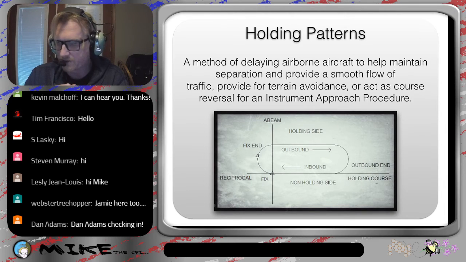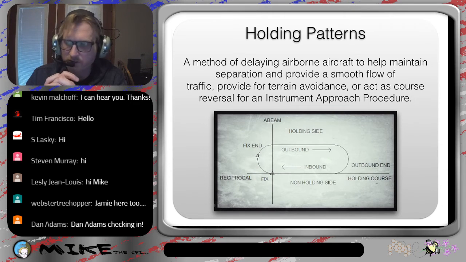So what they might do is put you in a holding pattern to wait your turn for the approach. That way they're going to provide separation. It could also be used to provide terrain avoidance, especially when we get in airports in mountainous areas. They may have a departure procedure that has you going to a holding pattern, staying in that holding pattern until